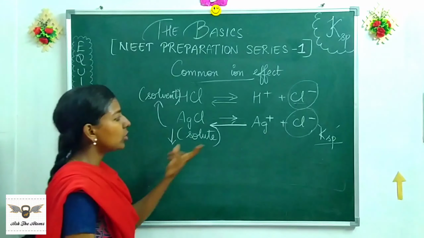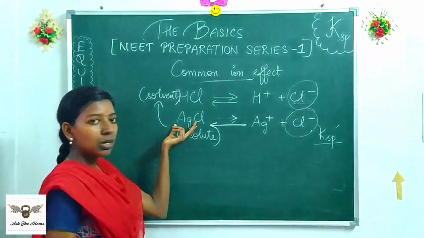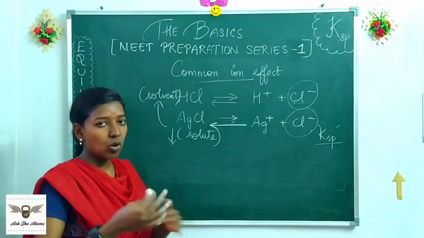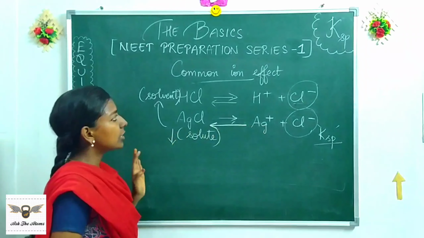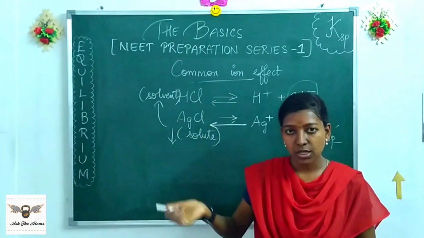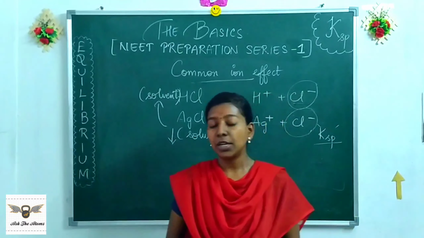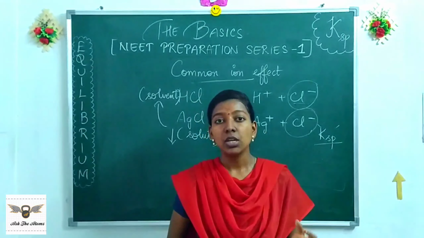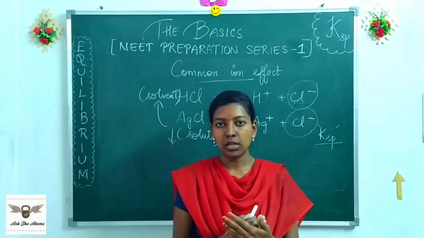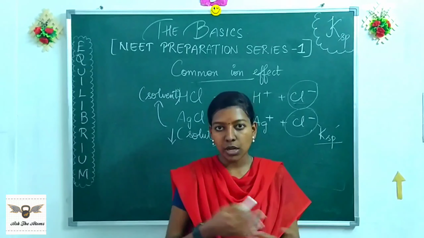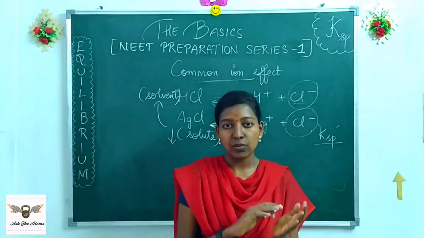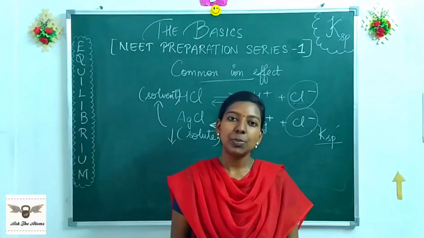Why do I say more precipitation? Because ions join together to form a compound. So there is less dissolution, more precipitation. Dissolution and precipitation are opposite terms. So common ion effect, how can it help you? Especially in precipitation reactions. For example, there are certain salts that you cannot precipitate in normal water or certain solvents. So you choose a particular solvent which has a common ion with your salt. Then the common ion will definitely bring about the reverse reaction. The reverse reaction is favored, and finally leads to the precipitation of the salt.